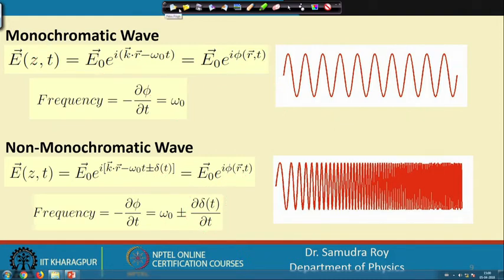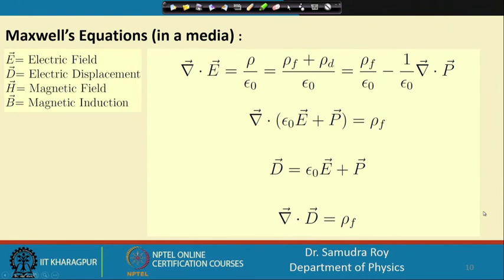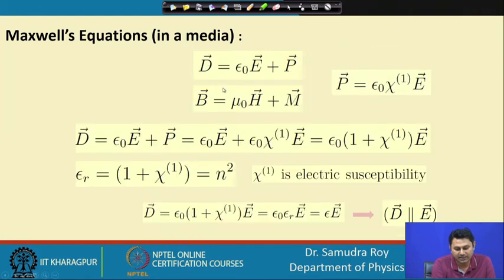So, because of this particular term we find the frequency is more. Okay. So, let us try to find out what next we have. So, Maxwell's equation in a medium we have. So, quickly I will explain what is Maxwell's equation in a medium. So, this is the same thing that we derived in the previous case, but I am not going to derive it in today's class. I am just giving you the idea of what is Maxwell's equation in the medium. So, Maxwell's equation in a medium is grad dot E.